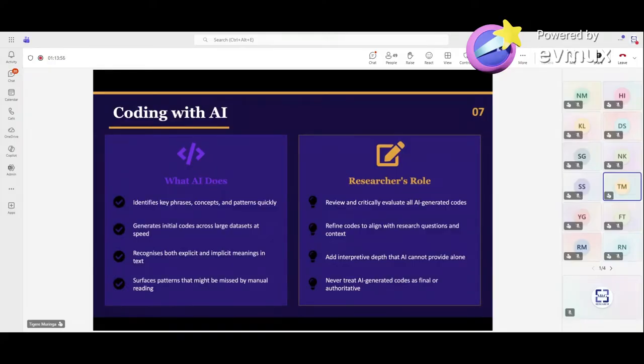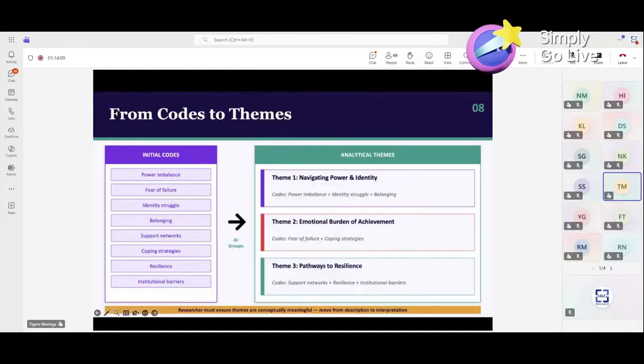You are now the overseer, right? You are now the reviewer. You're critically engaging and you're bringing in context and aligning with the research questions that you have set out before when the study